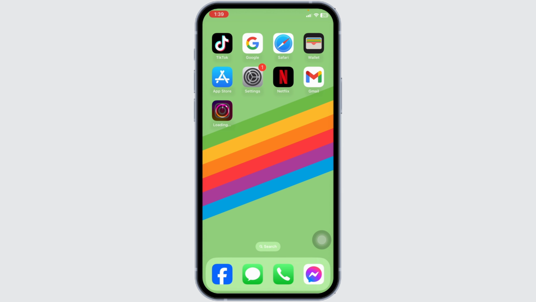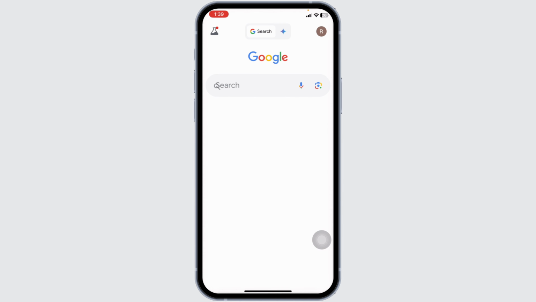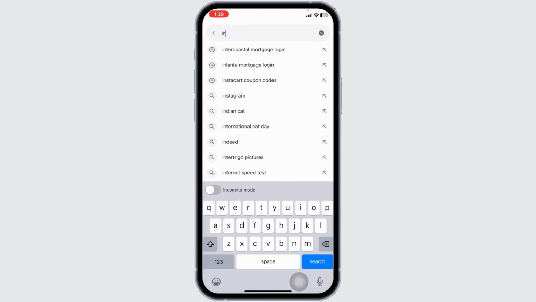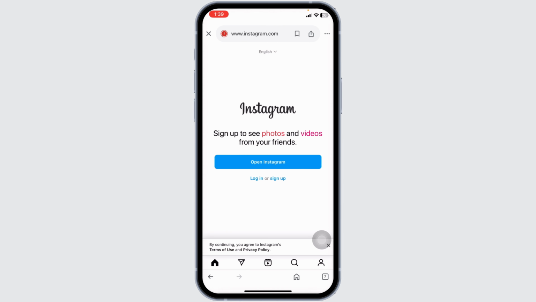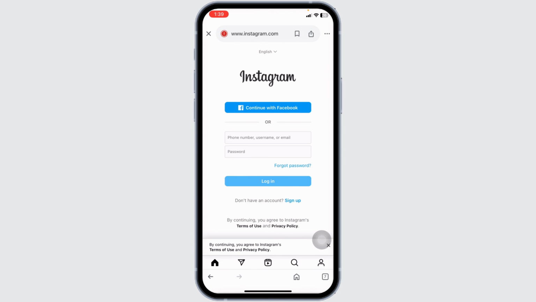Heading towards the next solution, close this. Launch your preferred browser. Now in the search box, type in Instagram.com and then search for it. You will be directed to the official website of it. Now you can click on Login or Sign Up, then provide your credentials, then log into your Instagram account in